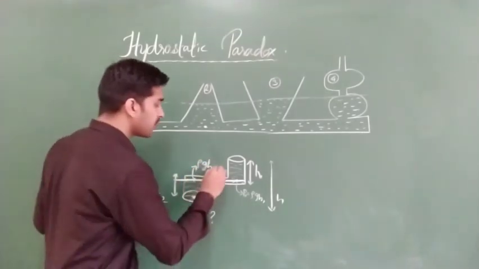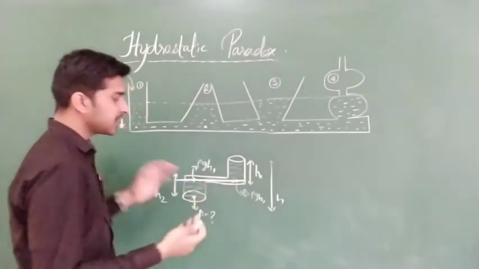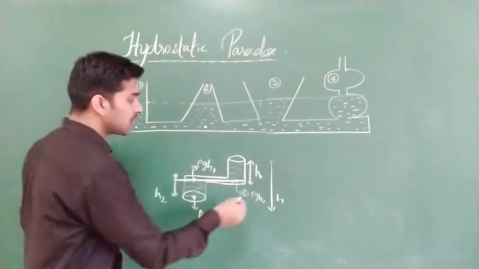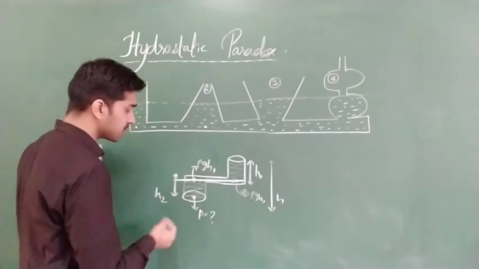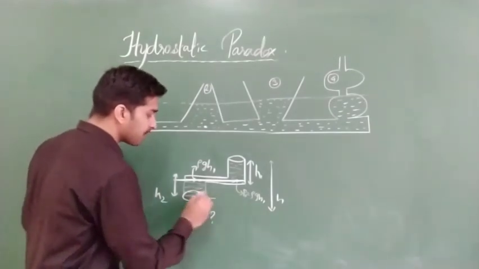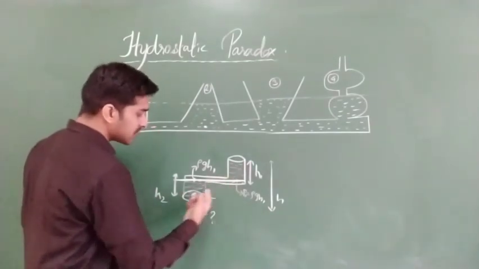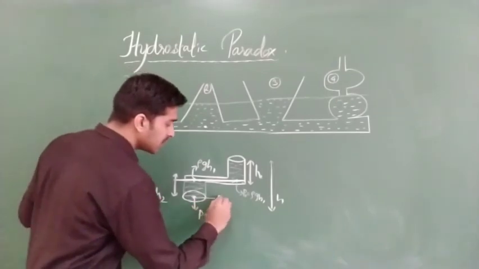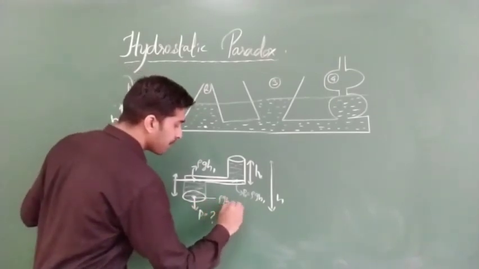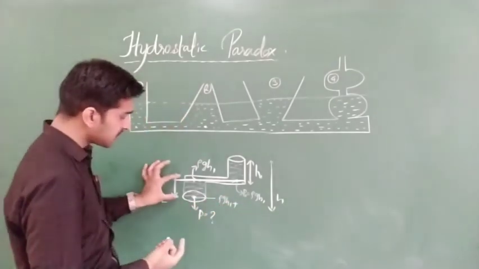I hope you are getting this point. You should start enjoying physics. Clear? So here also rho g h1, here also rho g h1. Next, here at this point what will happen? So already rho g h1 is there, again at this point. So here rho g h1 plus, what about the pressure at this point?